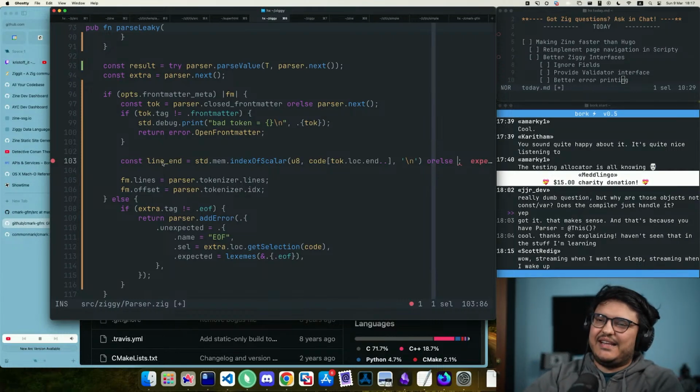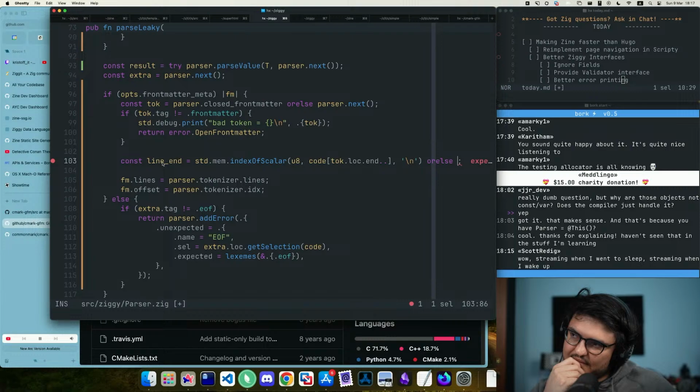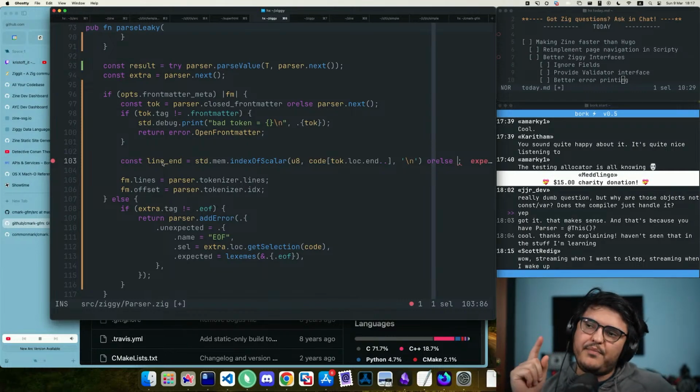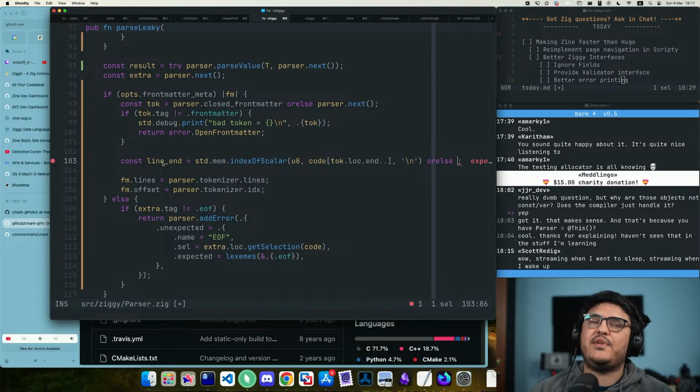It's a new line byte. Maybe that's actually what I should do. I should assert that between here and the end of the line, which can be either EOF or new line,